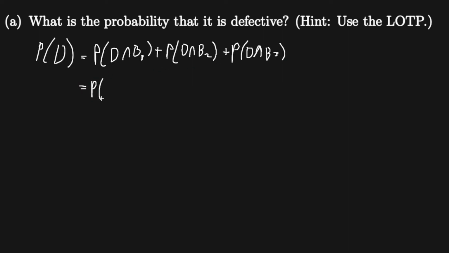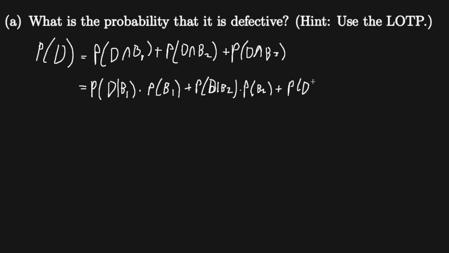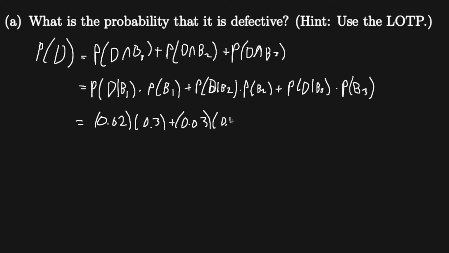Now I can write these as the probability of D given B1 times the probability of B1, plus the probability of D given B2 times the probability of B2, plus the probability of D given B3 times the probability of B3, which we can fill out because we have the solutions, which is 0.02 times 0.30 plus 0.03 times 0.45 plus